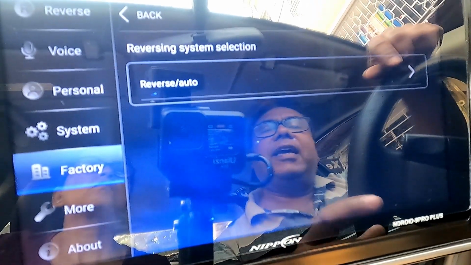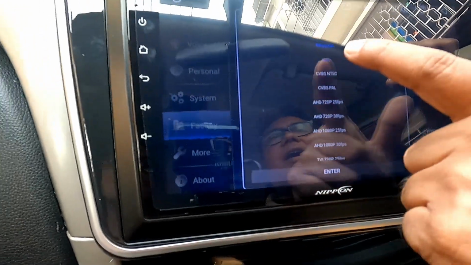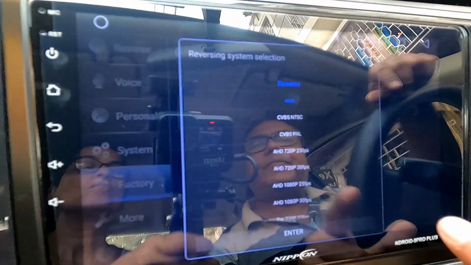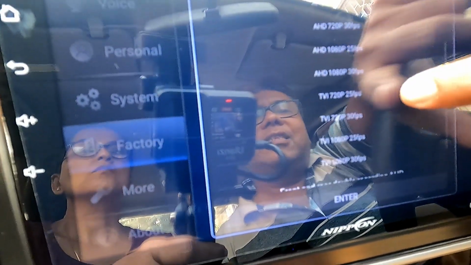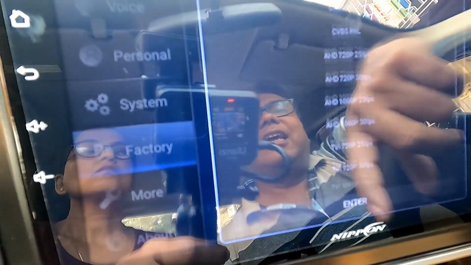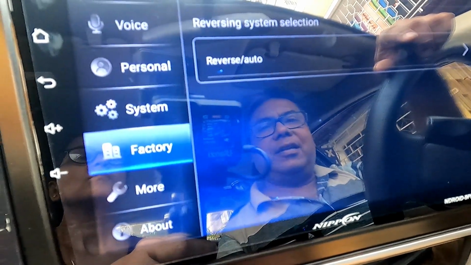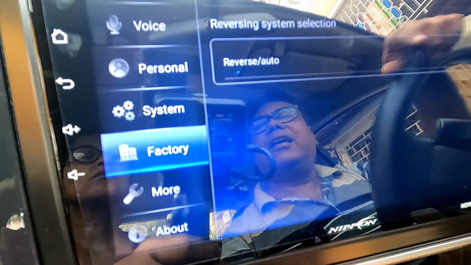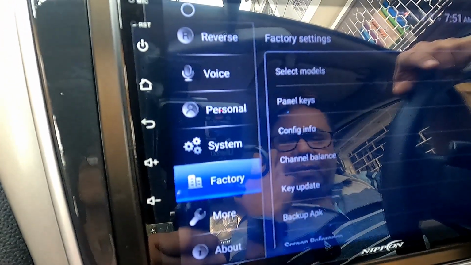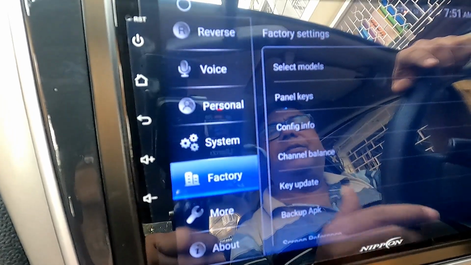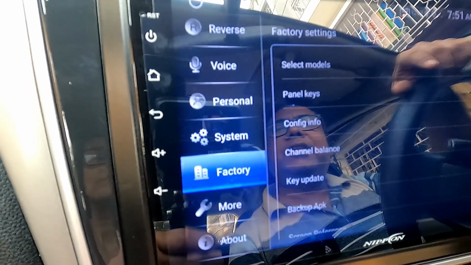Now once you select them, I am showing you, I am going to auto and press enter. Here it won't work since all these are already selected in the system, and after you do that the system will restart, and once it restarts you will get the original video on your screen. Now let me tell you, if you make any mistake,